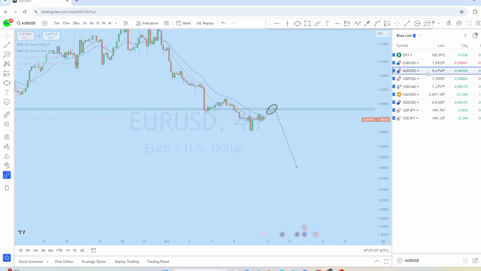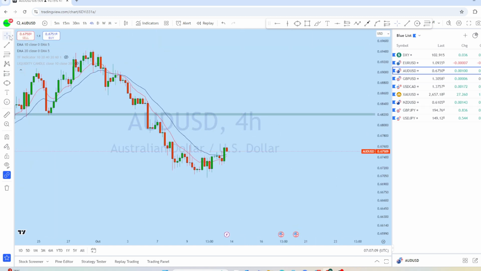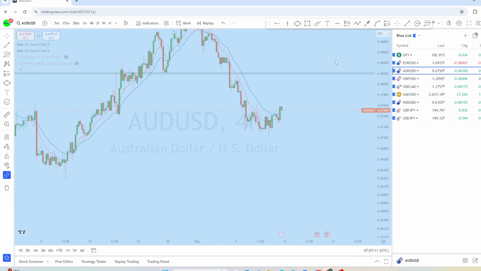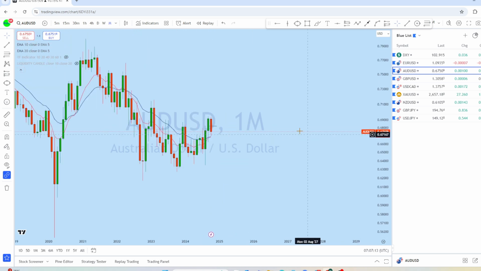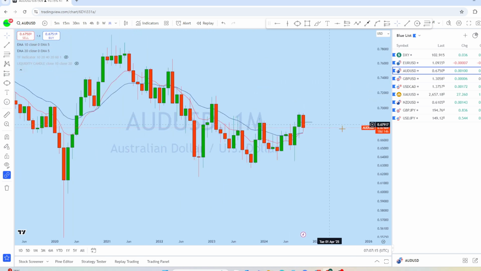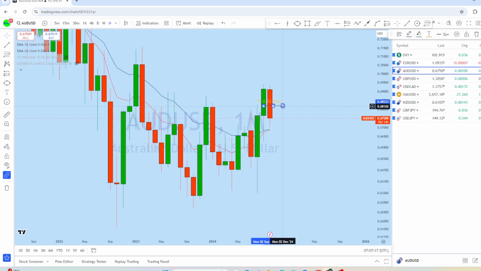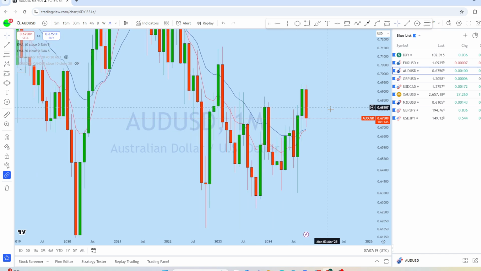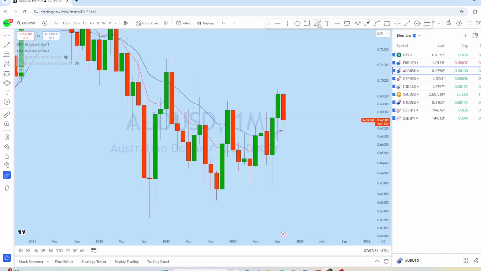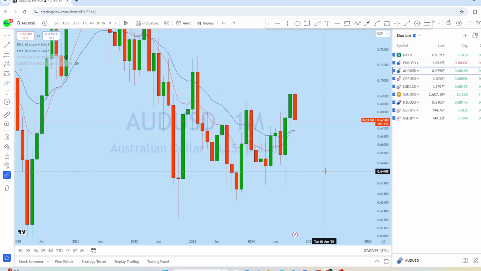Now let's look at AUDUSD. Let's see what kind of price action we might see looking at the monthly chart on AUDUSD. Now from the monthly, we can see that this is also a currently bearish market. After back-to-back two months of strong momentum, we can see that AUDUSD started to drop from that level, and with that drop, we are expecting AUDUSD to come back to this support level.